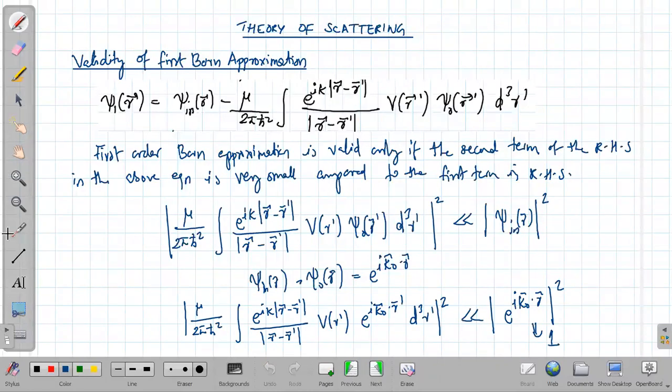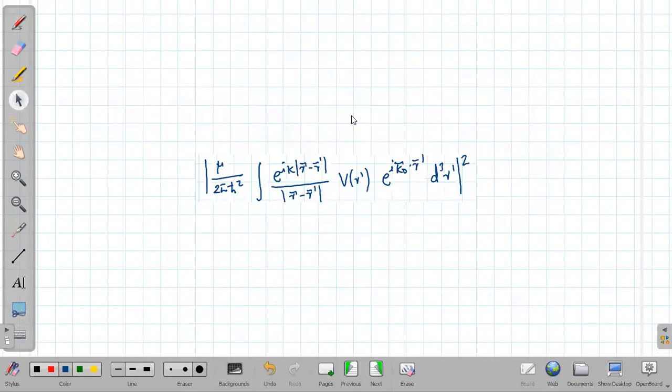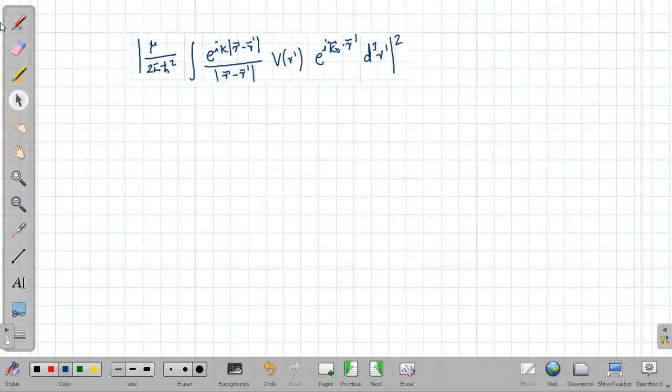Now what would be the left side? In the left side we get almost the same expression. So better we copy this term to the next page, and we get the condition as it is. This should be much less than 1. Now what is the maximum possible value for the left side? The maximum possible value for the left side is for the region where the potential is very large. When r is large,